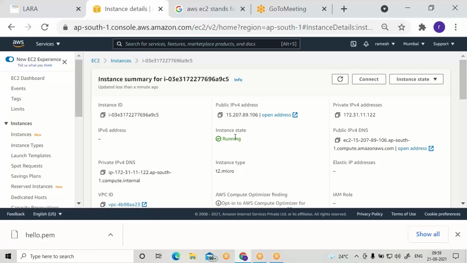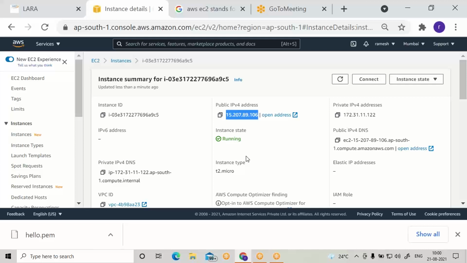Once you click on that instance ID, you can see the public IP address. We will be using this public IP address to connect to the EC2 instance from our local system.